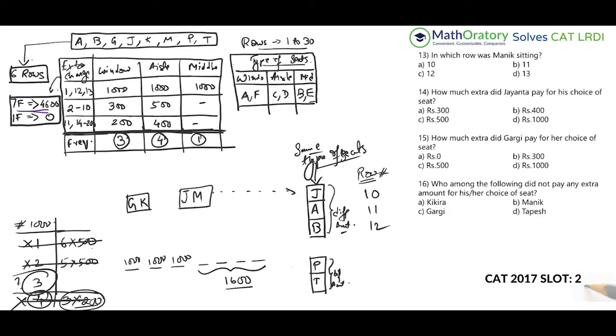If I look at, I'm more inclined towards this option now, because question number 13 here was asking for which row was Manik sitting in, right? So this is the first question as well. If you think about it, the options are indicating it has to be 10, 11, 12, or 13, right? So if J and M are sitting on the same row, Manik is also on the row where J is. So this is one of those possibilities, right? If you think about it, 11, 12, 13, again, the same problem. If it is 11, 12, 13, then 12 and 13 pay the same amount.